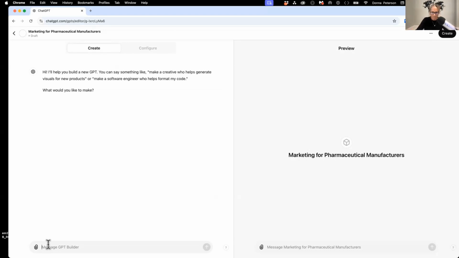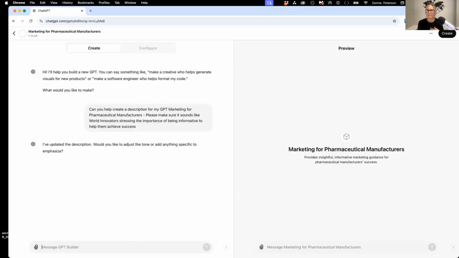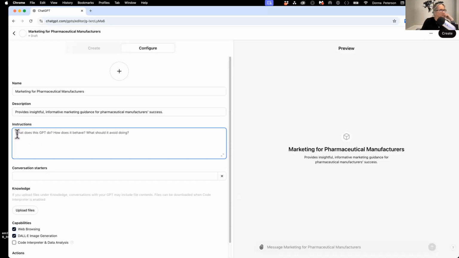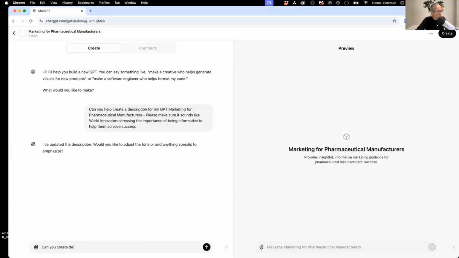And this is where ChatGPT can help me. I want to stress, when you're talking with ChatGPT, it is always important to give it some guidelines. I'm asking it to write me a description for this ChatGPT, but everything that comes from us, I always want to make sure it sounds like World Innovators. I don't like any type of material from World Innovators to sound extremely salesy. There's a description. Let's say, give it more. Can you create detailed